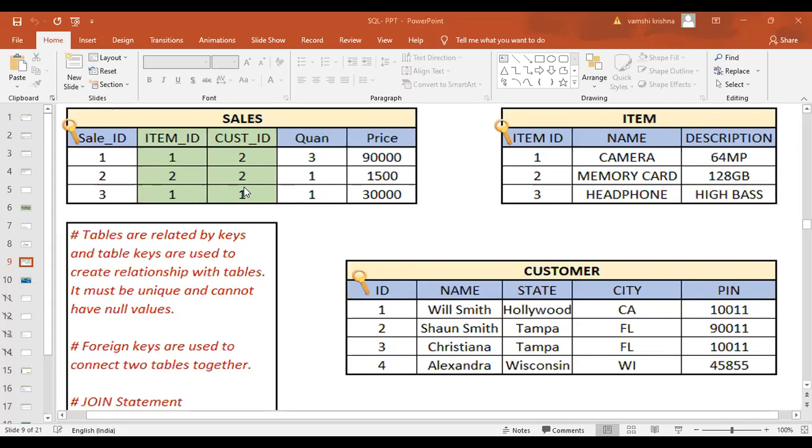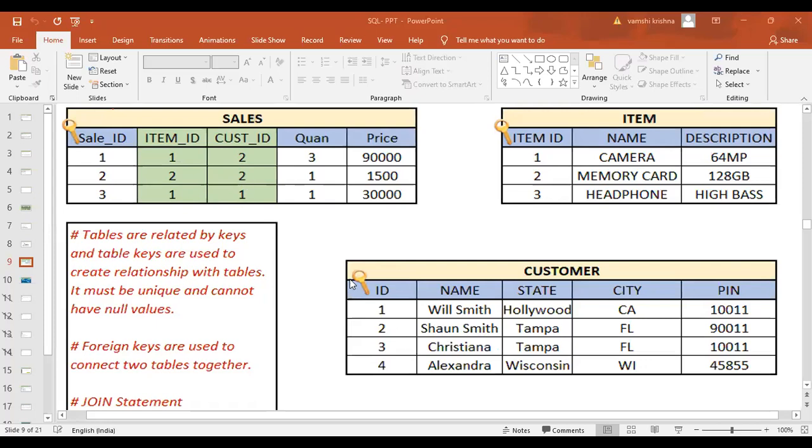Ma'am, Ganesh here. Yeah, please. In the customer ID column in the sales table, the starting 2 figures are 2. Whereas in the customer table, Will Smith's customer ID is 1 and Sean Smith's customer ID is 2. So according to me, here the customer ID should be 2, no? Sean Smith. Yes. Here, do you see the other 2? Yes, ma'am.